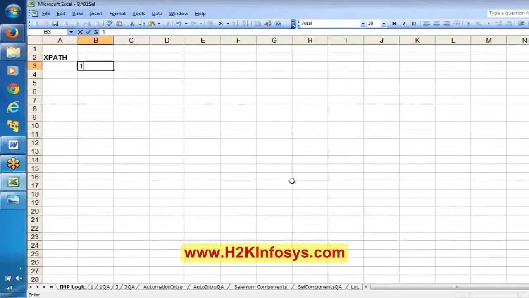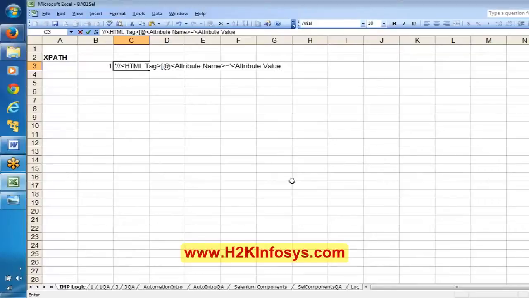Okay, here first there is one formula. The first formula is: here you have to mention the HTML tag, and here there is an @, then the property name, or you can say attribute name, and the attribute value.